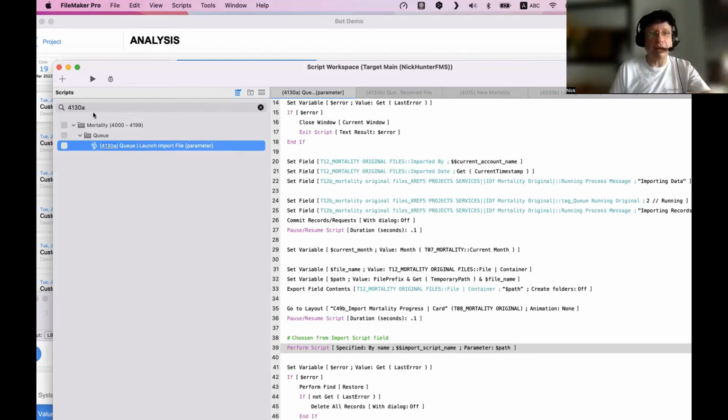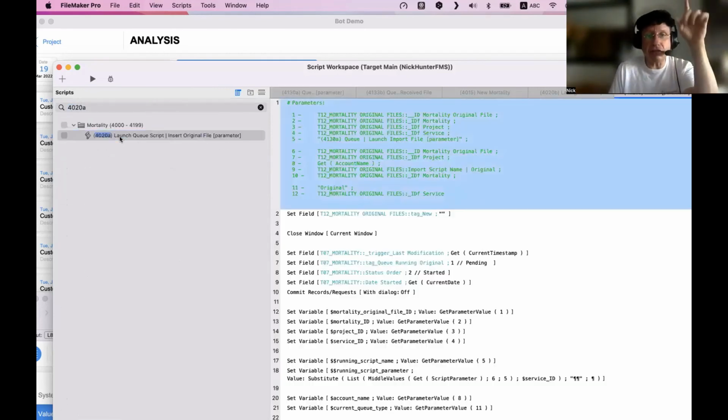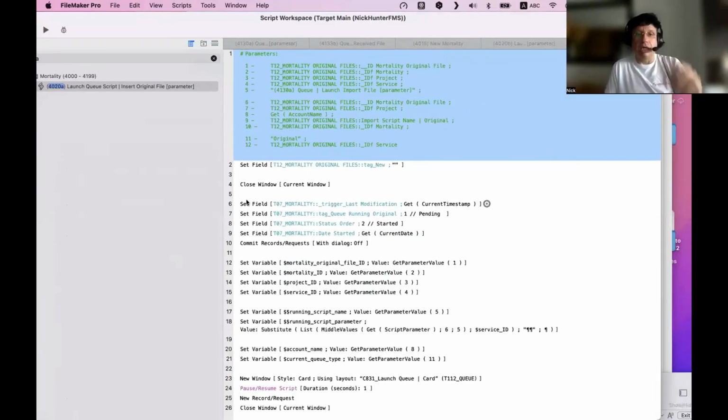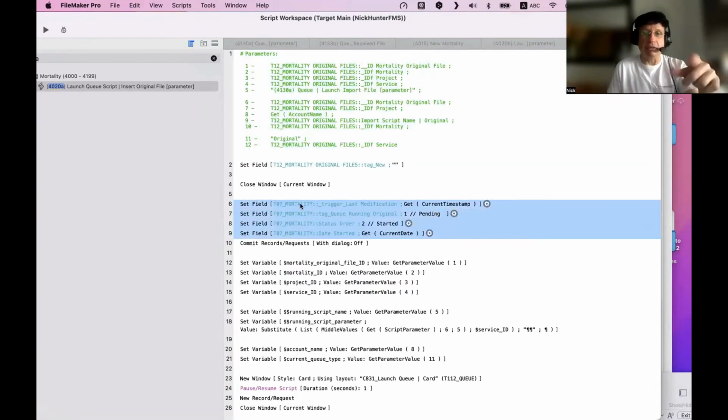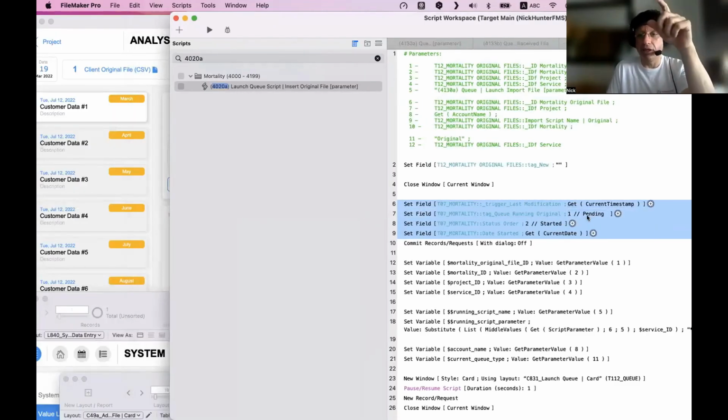To do so, this is how we do it. This script here does absolutely nothing. It sets some stuff here, this is just internal. This is just to say, okay, I start, it's pending, whatever, okay?